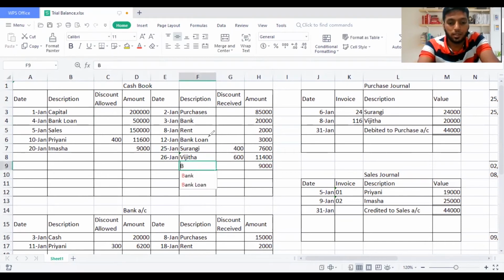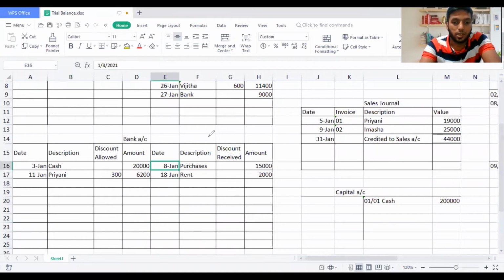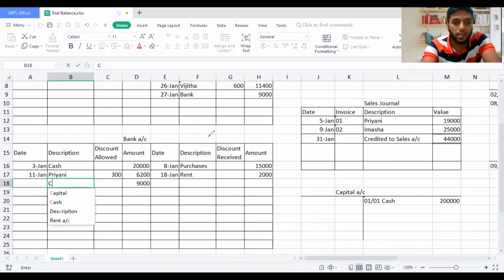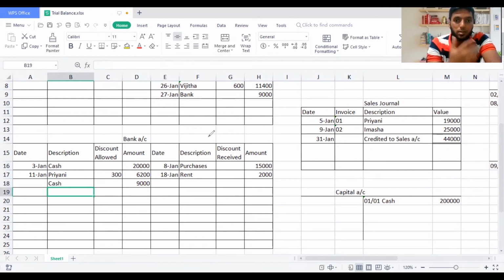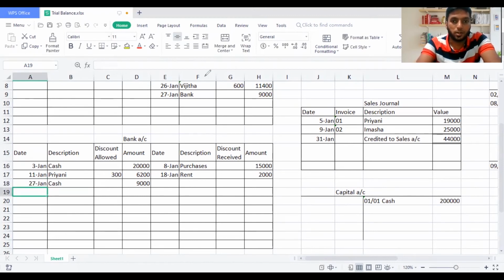but I'll say here bank, and this transaction is happening on the 27th of the month. So I record here bank 9,000 and I'll credit there on the cash book and debit on the bank account. I'll write here 9,000, not Imasha again. Here I'll say cash account. There's no contra entry because cash account and bank account are completely in different books. Earlier when we were doing the 3-column cash book, we did both in one account, but now we need to do it in a separate way. So 27th January. So recording is that easy guys. So now we have recorded the complete figure.